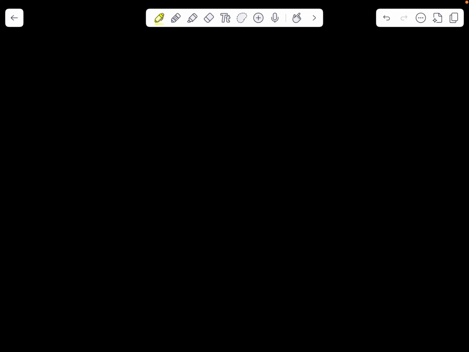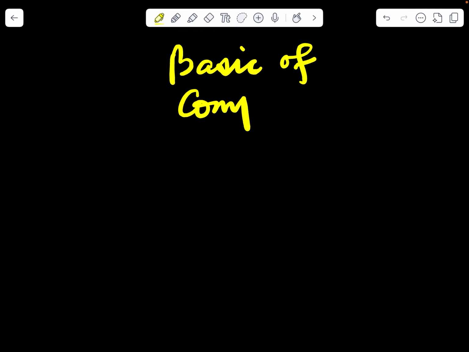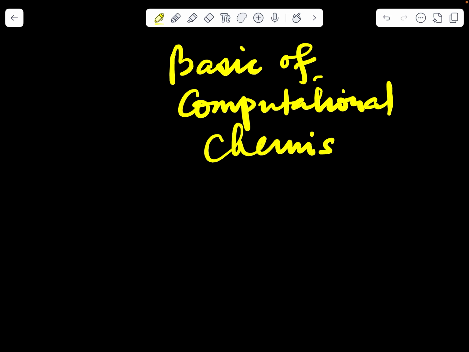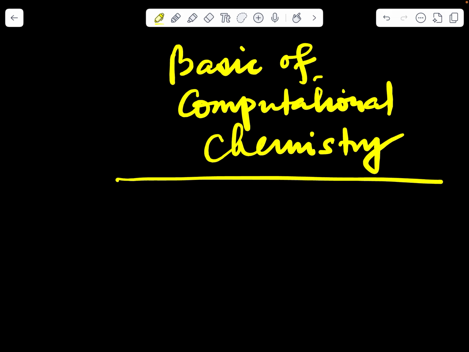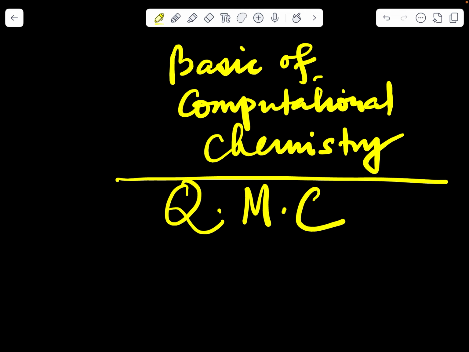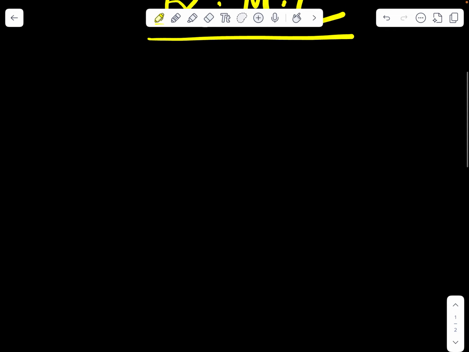So we'll start the basics of computational chemistry, and in that case I will be mostly discussing quantum mechanical calculations. So what is this? First of all, we have to understand, let us draw a structure of a